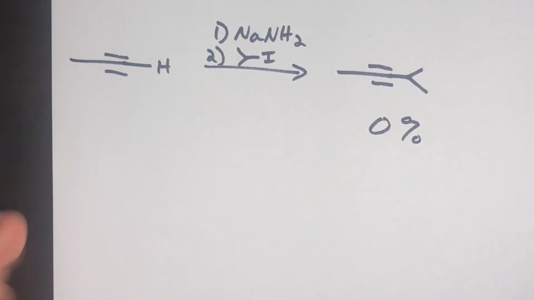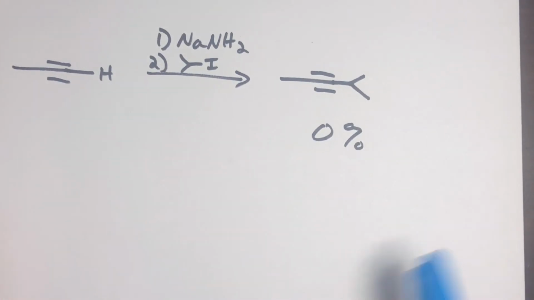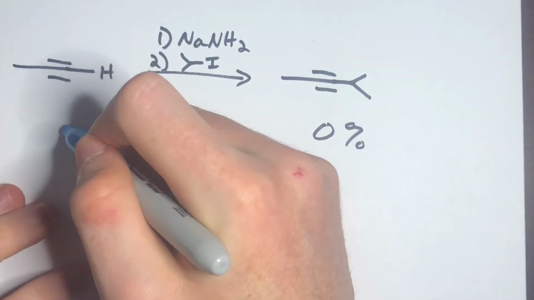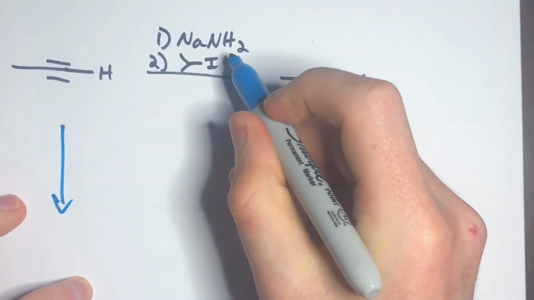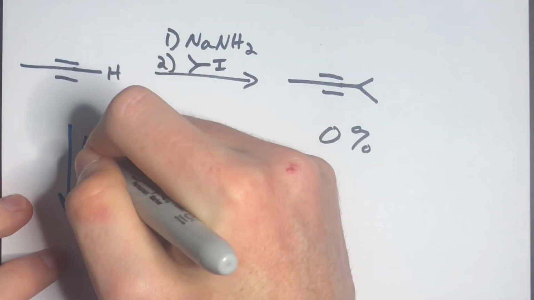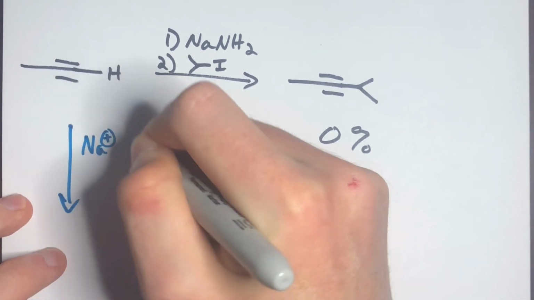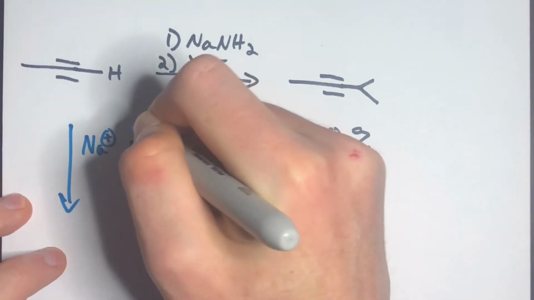There may be 1, 2, or 3% of this that actually happens, but it's so small that it has no utility really in the lab. So let's go through this mechanism. So again, we have sodium amide. That is a very strong base, so it's going to abstract the alkyne proton,